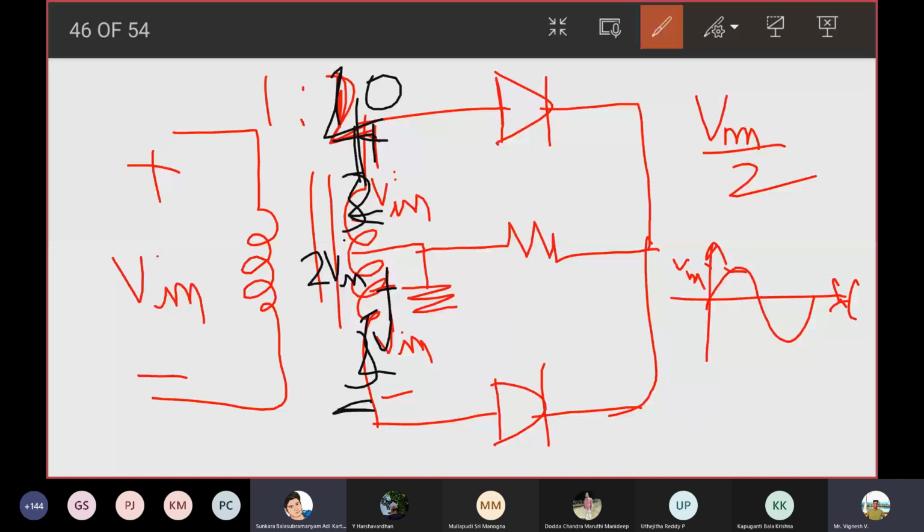Okay, turns ratio can be anything. But you should understand that when you are comparing a half wave rectifier, a center tap full wave rectifier, and a bridge rectifier, and you're keeping the turns ratios constant, then obviously center tap full wave rectifier has a disadvantage. Why? Because you're not getting the complete peak of the input. You're getting only half of the peak of the input, right? If the peak of the input is Vm, you end up getting the output as only Vm/2. Are you getting the point?